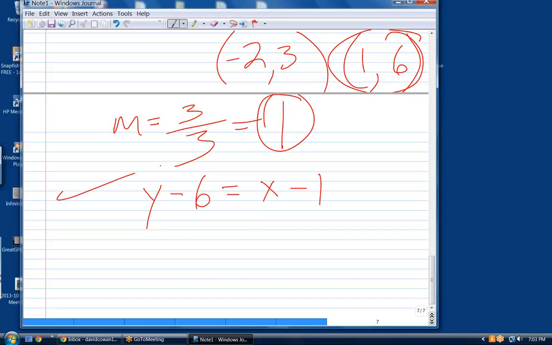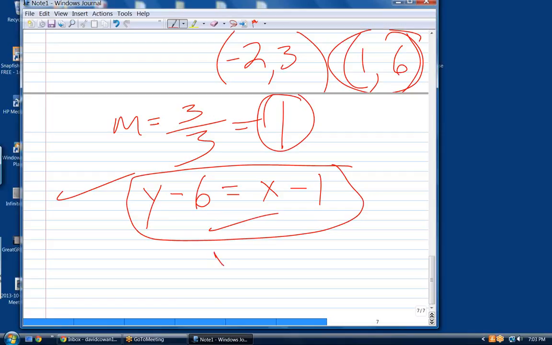Now, that can be a final answer. It depends on the question. If the question was, give it to me in the slope-intercept format, now what? Well, in other words, that would be in point-slope format, and that would be your final answer. But if I said give it to me in slope-intercept format, what's the final answer? It would be y equals